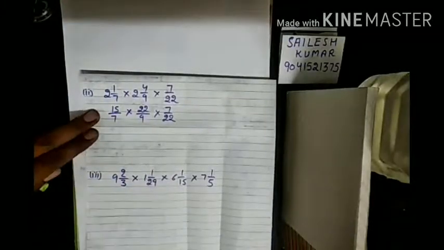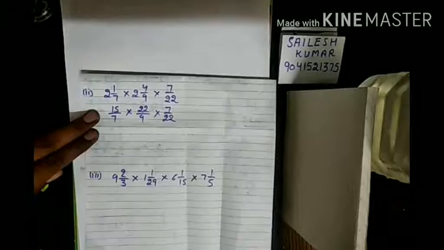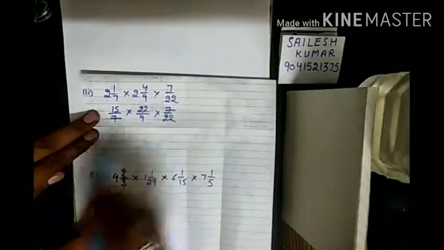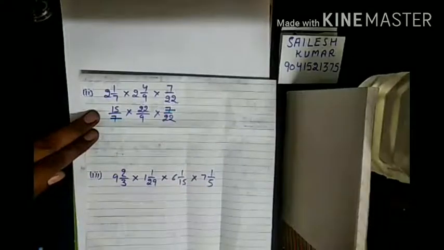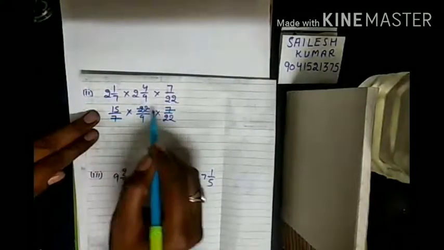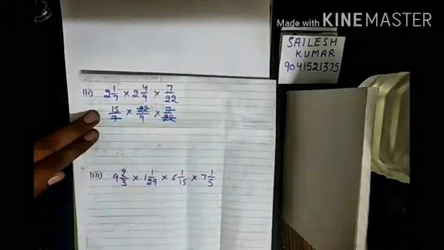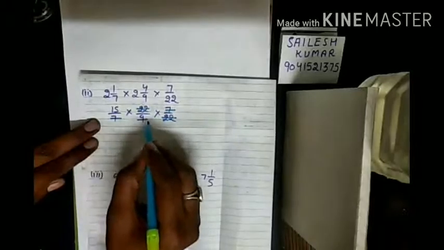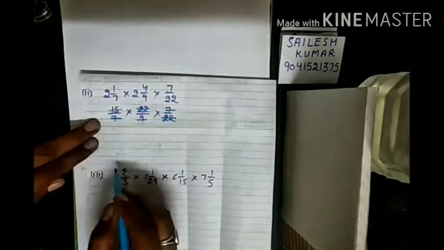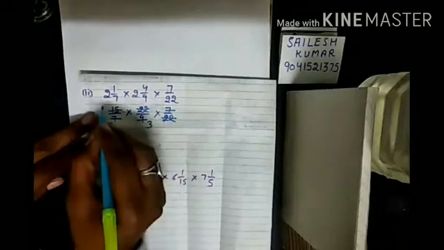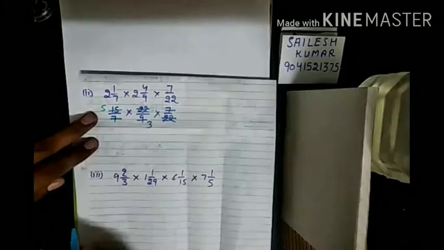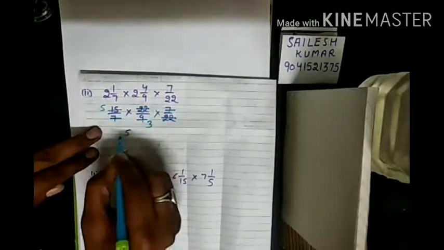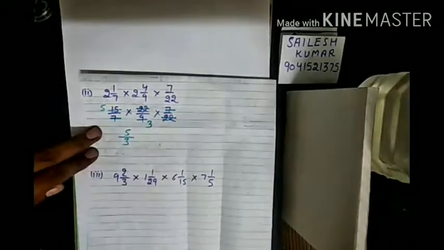Now we will see, is there anything common? Yes, for the first one, this denominator and numerator are common, so I will cut. 22 will cancel with 22. Now 15 and 9. 15 and 9 both are divisible by 3, so I will cut them on the table of 3. 3 threes are 9 and 3 fives are 15. Now my answer is only 5 in the numerator and 3 in the denominator, but this is an